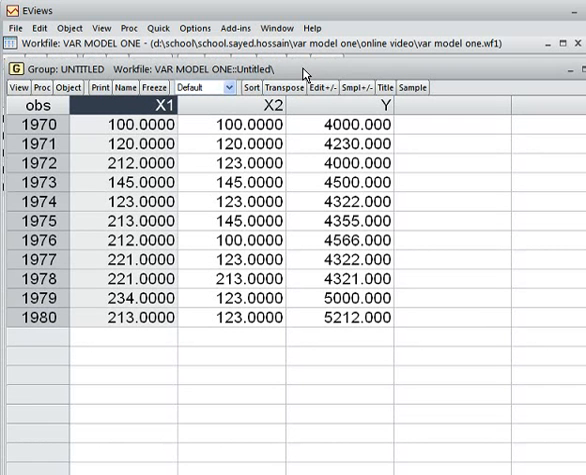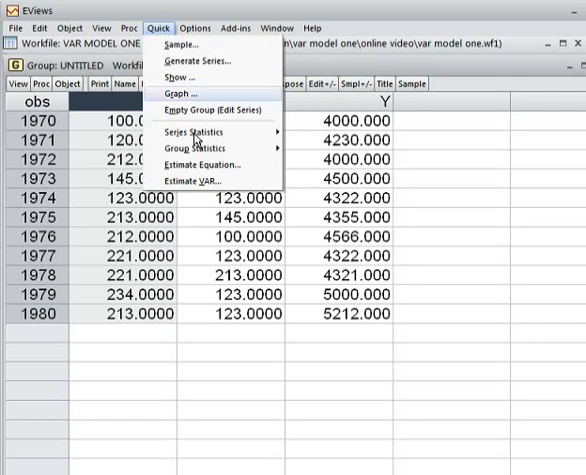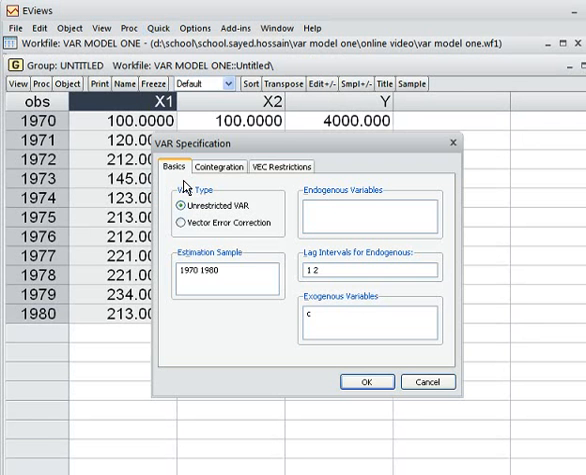How to make a VAR model? What I am doing, I am going to Quick. I am choosing Quick, and I am choosing Estimate VAR. I want to estimate VAR. I click on it,